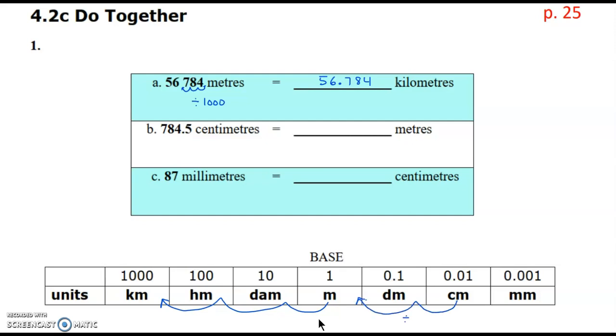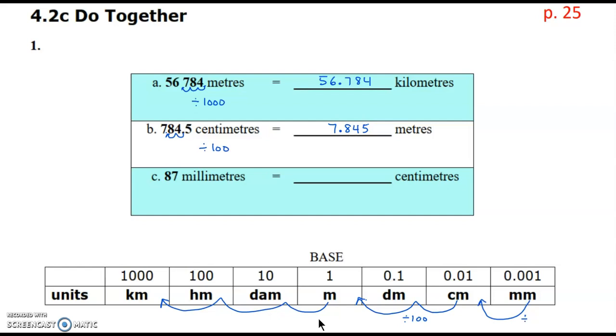So that is division by 100. I can quickly divide by sliding my decimal 2 places to the left, just as I moved on the metric line. And this will give me 7.845 meters. And if we're going from millimeters to centimeters in example C, we're moving 1 decimal place to the